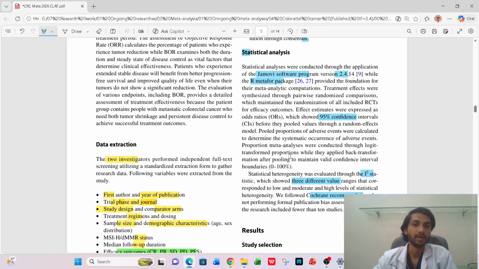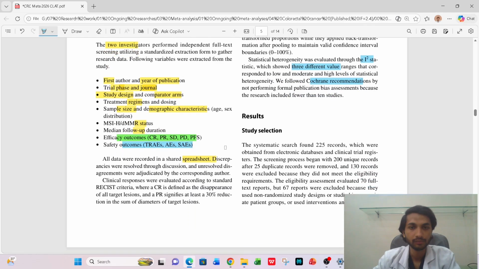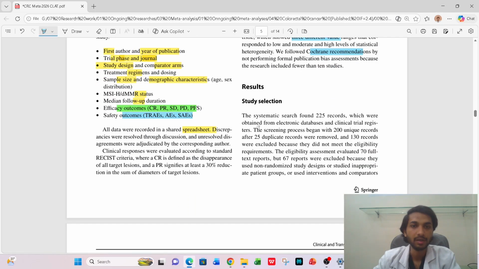That is what you have done so far in the statistical analysis of that study. Now, what you get from the study, you have to mention in the result section. First of all, in the result section there is the study selection. The systematic search found 225 records. As I said in the previous video, the Prisma flowchart is mentioned somewhere, and it is mentioned in the result section. In the result section you would make a heading of study selection or search strategy,